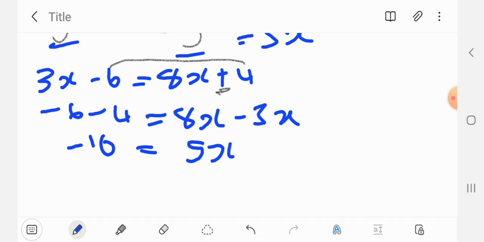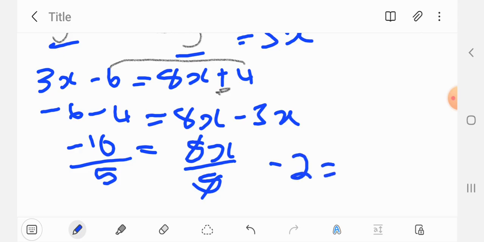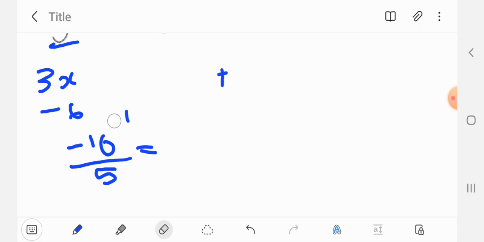So we are looking for x. To get rid of the 5, we divide both sides by 5, and then that's where we'll have negative 10 over 5, that is negative 2 equals x. I hope you understand all of this. Very easy. Now we can do